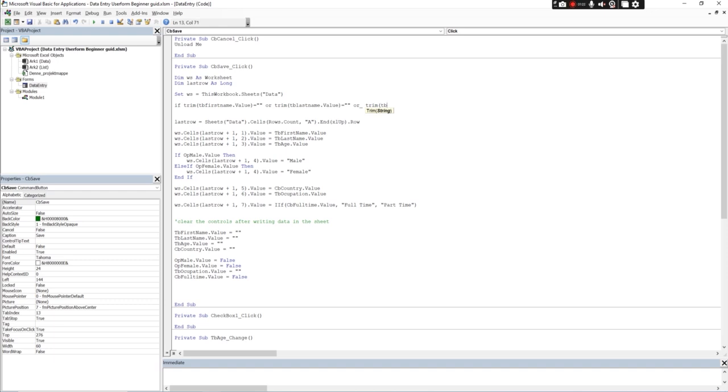So basically all the controls we're going to write here, value, if that also equals blank, or the next one is text box occupation value equals blank. Then